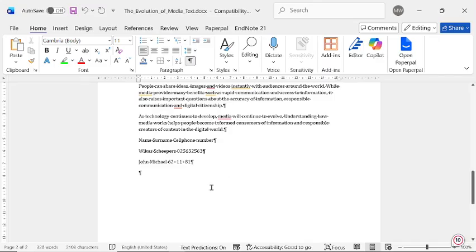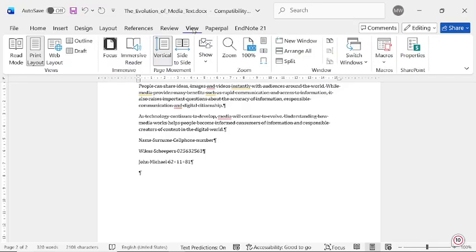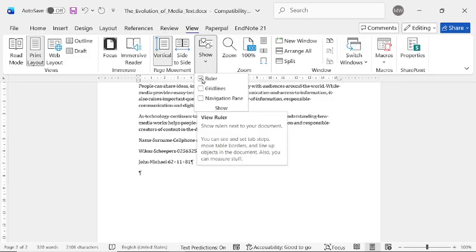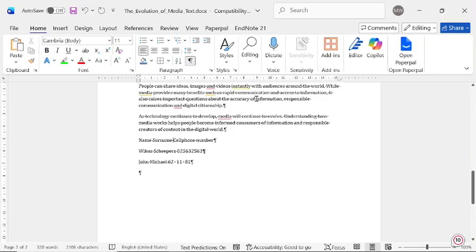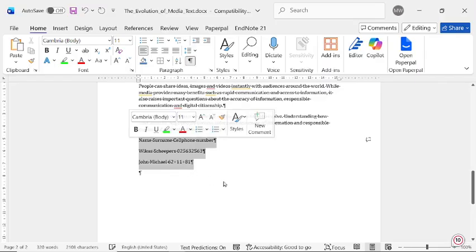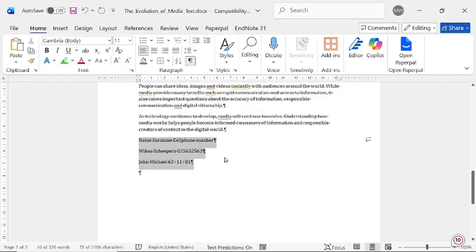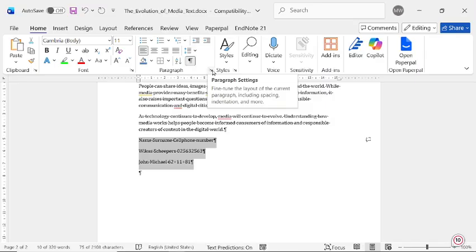Now, when we go and use our tab stops, my advice is first to always make sure that your ruler is active. So to activate your ruler, we are going to go to our View tab. We are going to go to Show, and we're going to make sure that there's a check mark next to our ruler. Now to go back to our actual tab stops that we are going to use, we are going to first select the text that needs these tab stops to apply to. We go to our paragraph settings, which is this arrow at the bottom right.